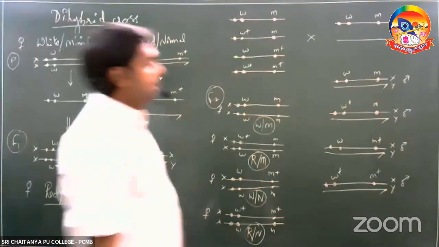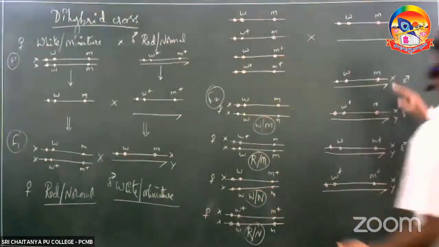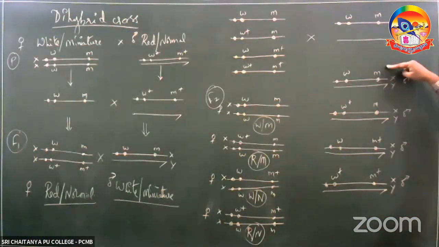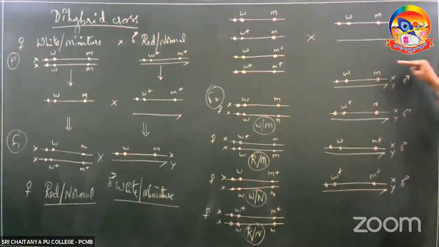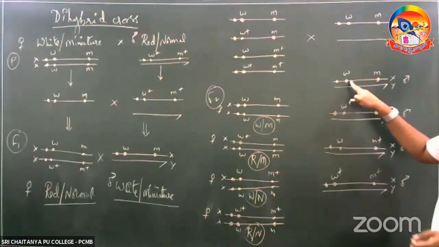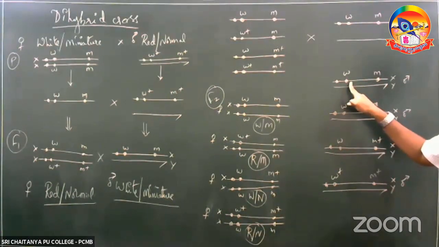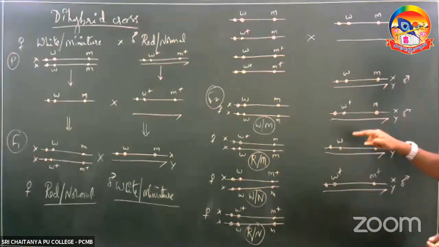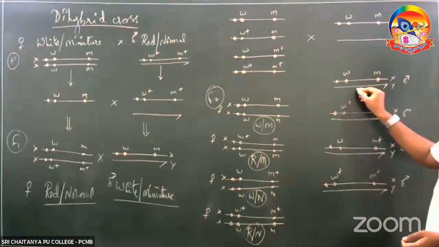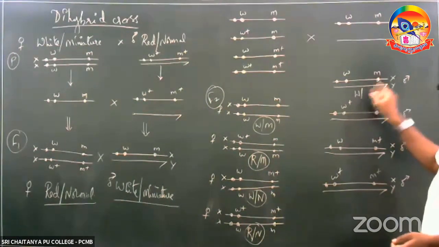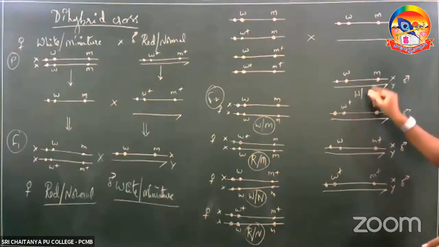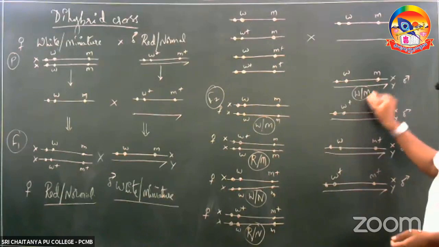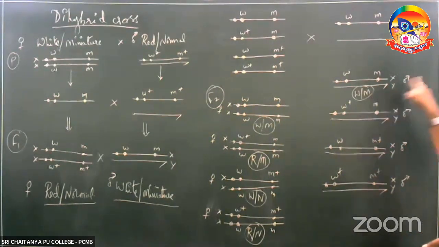Now talking about the male individuals, we know that in males there is only one X chromosome present. So whatever alleles are present on the X chromosome, the same phenotype would be expressed. So the first one, W. W means it is a recessive allele. Since it is a recessive allele, the phenotype here would be white eye, and M is there. M again is a recessive allele. Since M is a recessive allele, the wing size here would be miniature. So white eye, miniature wing, male.